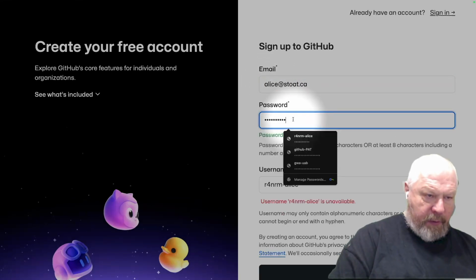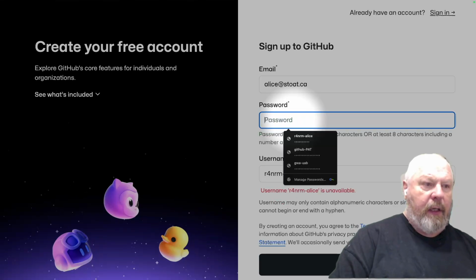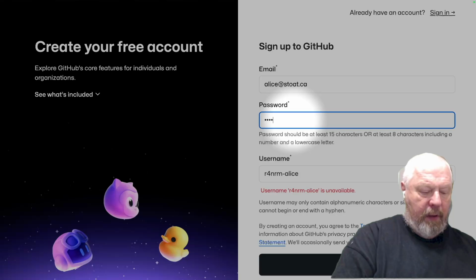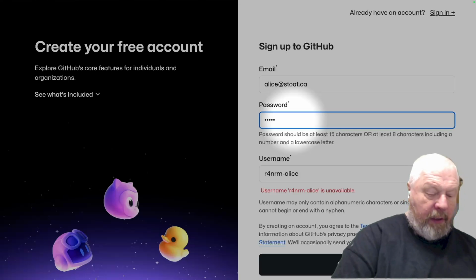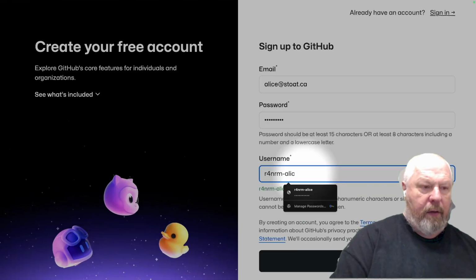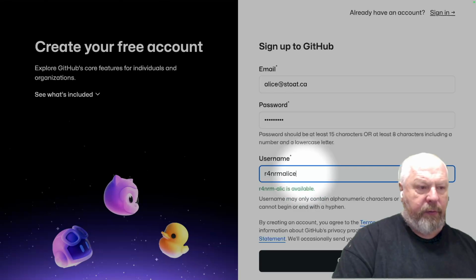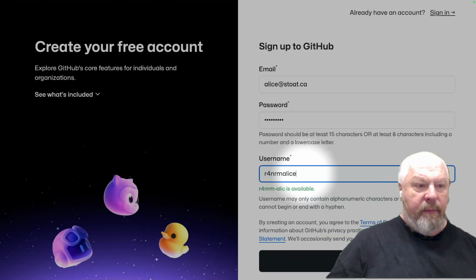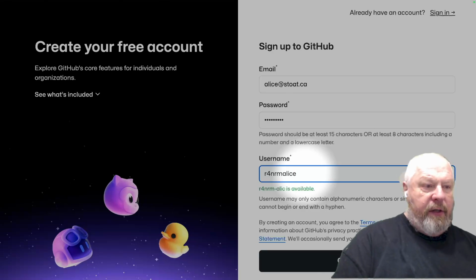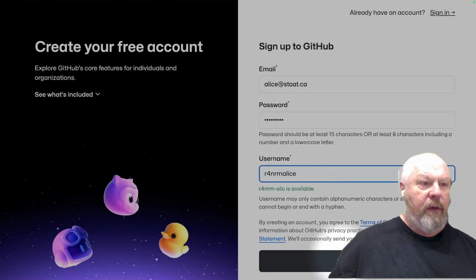Give it a password, and the password is double secret, so I'm not going to show it to you. And I'll call it R4NRM Alice without the dash this time because I used that before. So we'll continue,